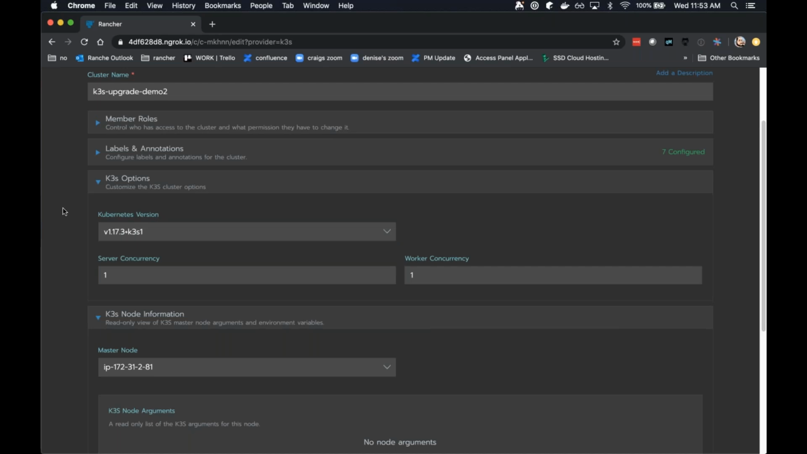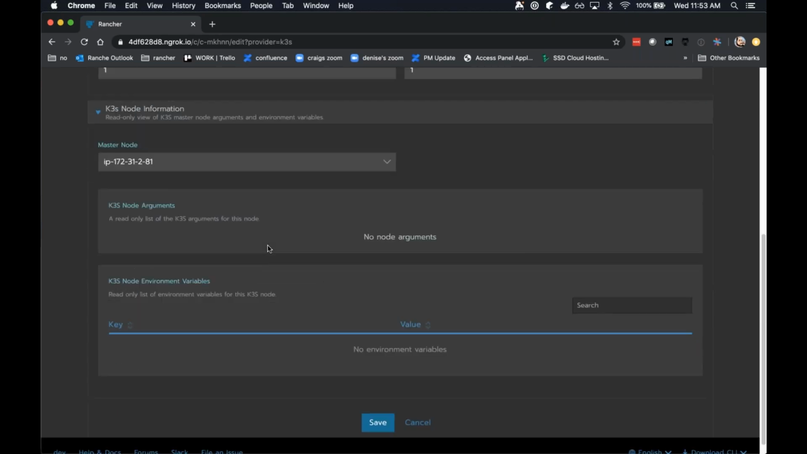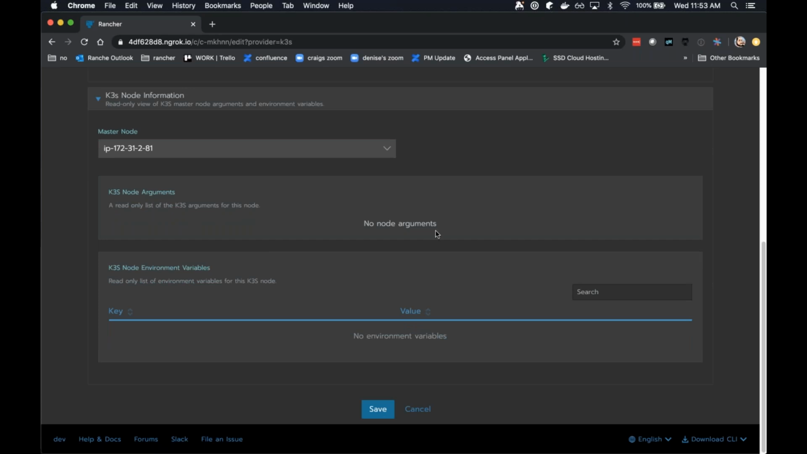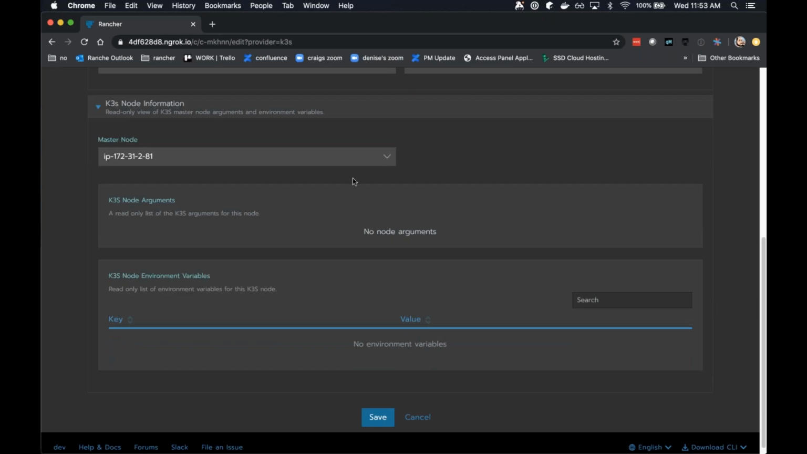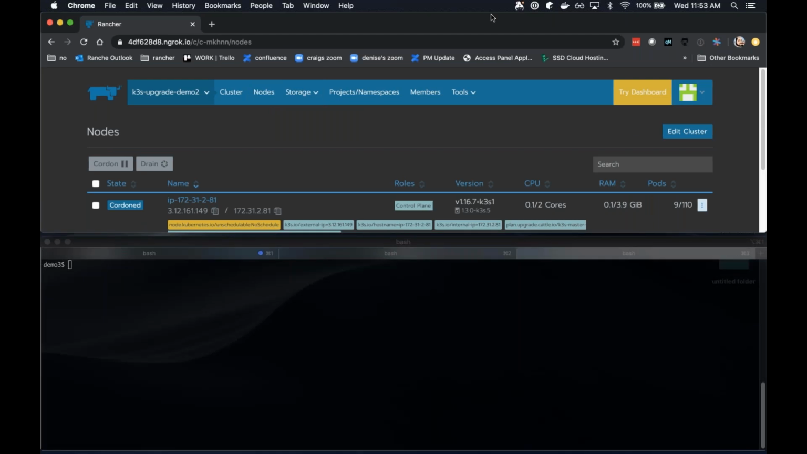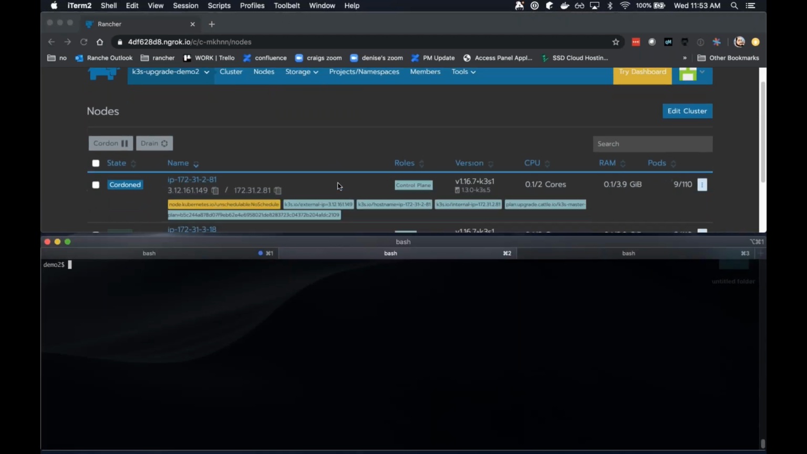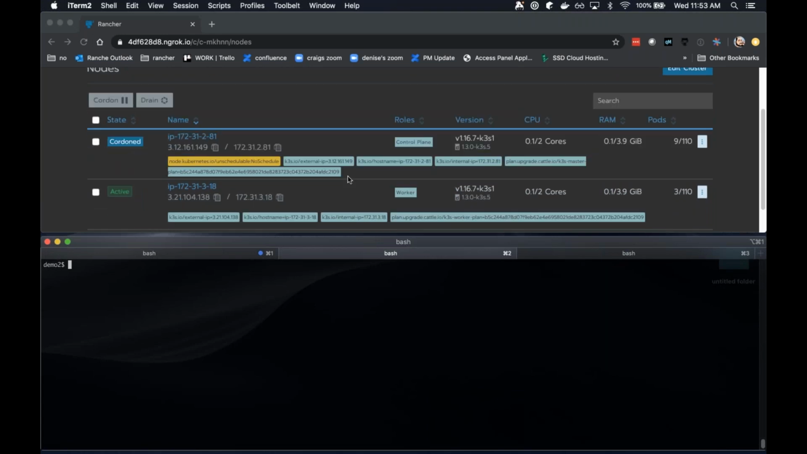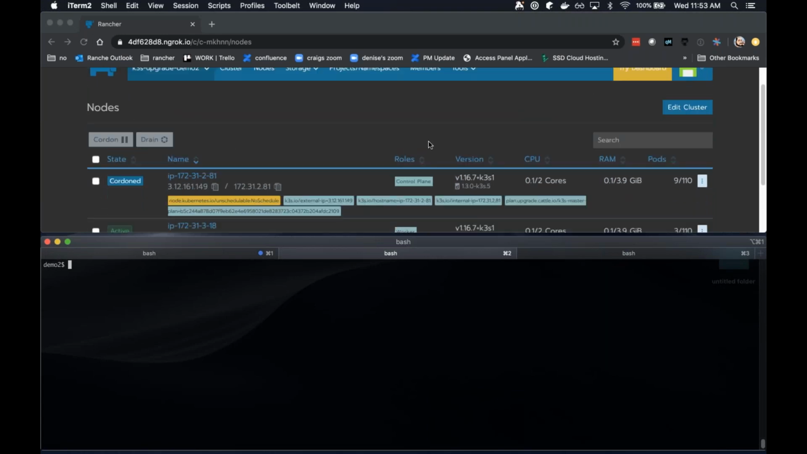So I select 1.17.3 there. I'm going to leave concurrency at 1 and 1. And just calling out here that you can't see the arguments on this cluster because this version of K3s doesn't support the bubbling up of those configuration parameters. So I will go ahead and click save here and jump over to the nodes page. And you can actually see one other thing that we're still working on is the conveying of status. You saw it jump to updating and then left. We're going to work out the details with that, so it's more clear that it's